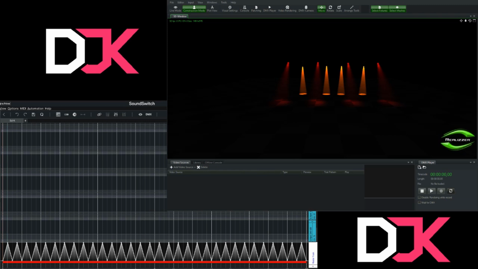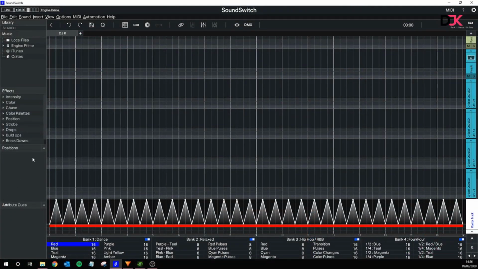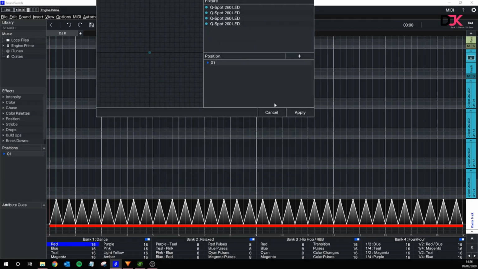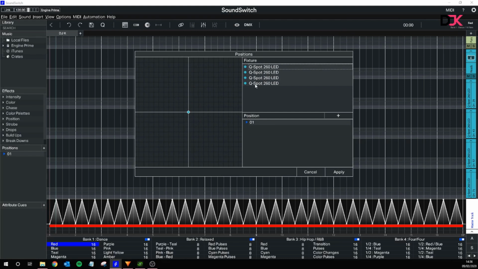So what we're going to quickly do is some really basic ones, because I say this is only a quick tutorial. So if we go to SoundSwitch, we can now make some position cues. So we're just going to do a cue. Normally I would do these in folders, but again, because this is just a real basic tutorial, we're going to do that. So we're going to make these, we're just going to call it 1. And we're just going to say all of the fixtures are going to be going over there. Now, if I bring up both screens,